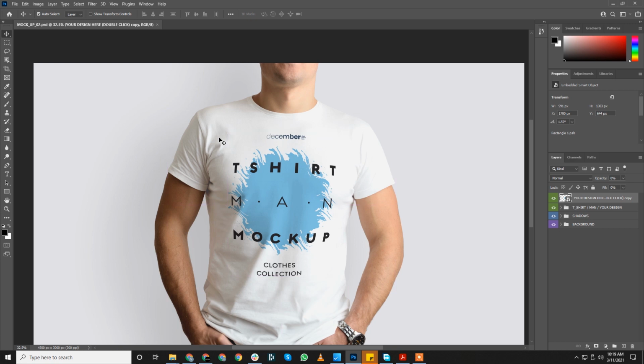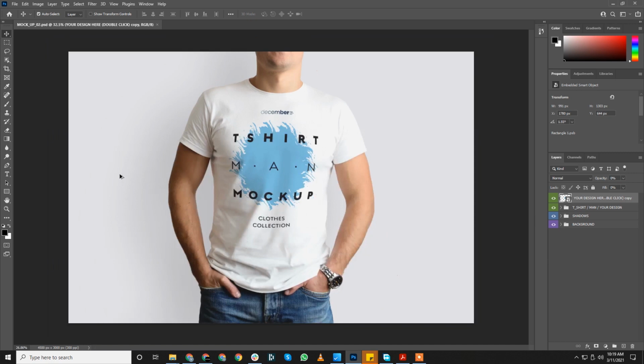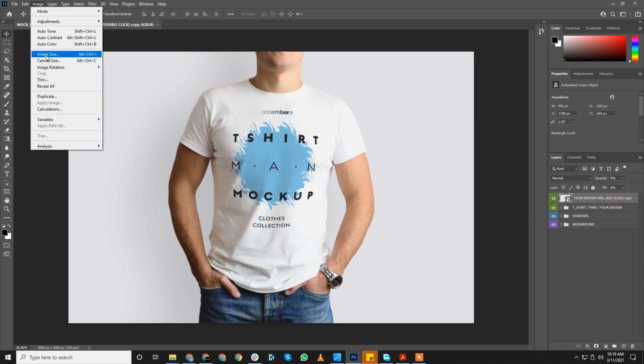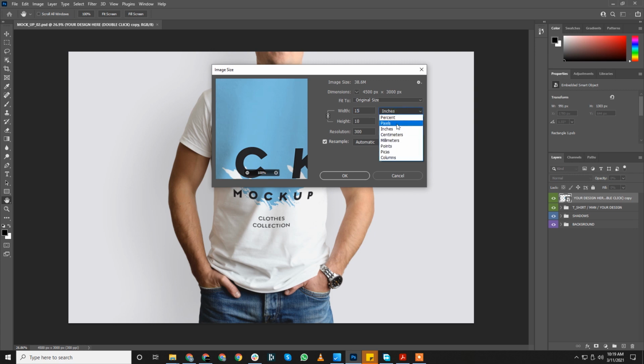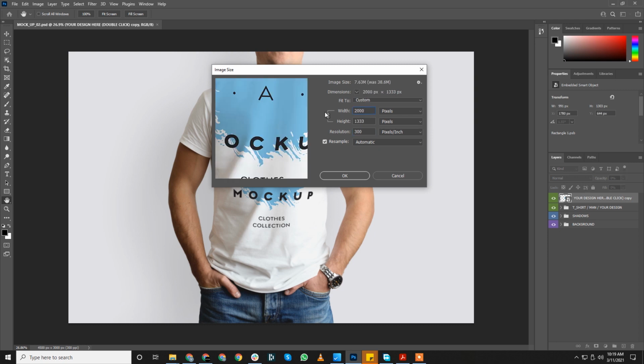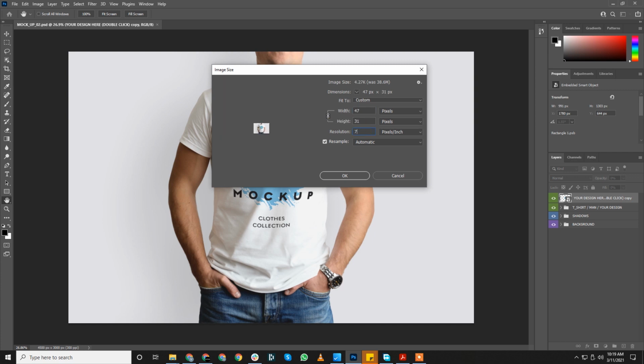because all your design files are not consistent. It will work perfectly. One tip here is if you are going to use these design files in your store, you will see the image size is quite big. It's 4500 by 3000 at 300 resolution. If you change it to something around 2000, which is perfectly fine for an e-commerce store, and change the resolution to 72.